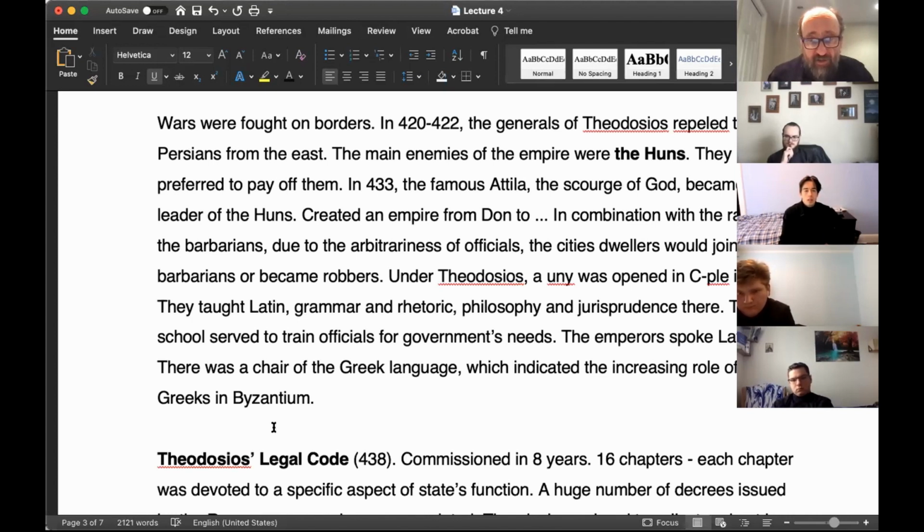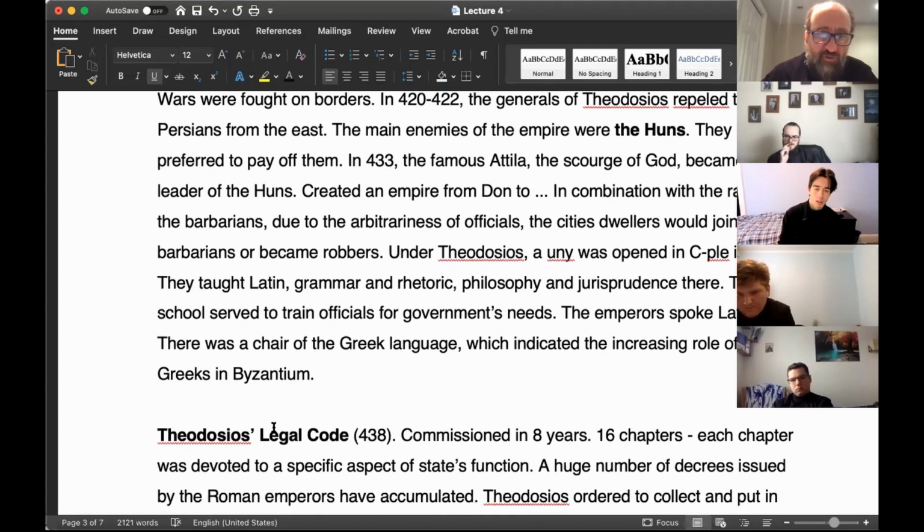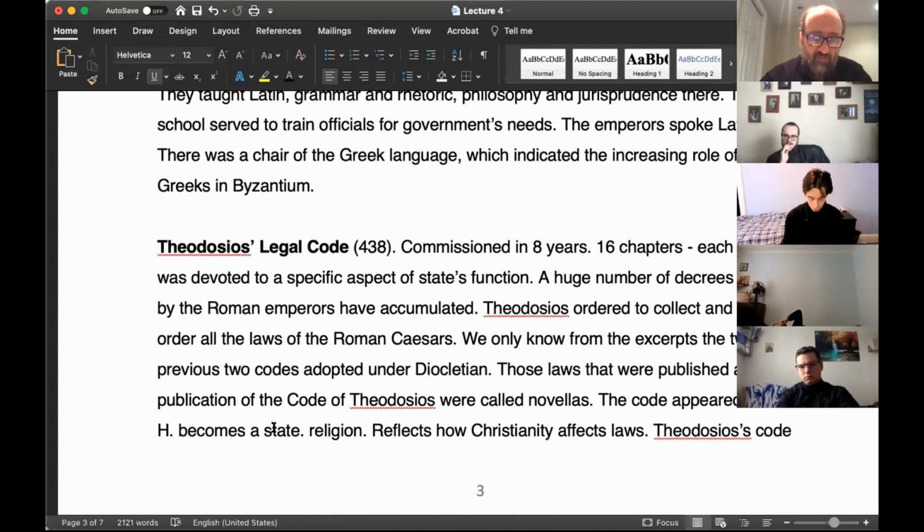The emperors continued to speak Latin, but nevertheless, Greek becomes stronger as an alternative to Latin. And it was after Justinian that Latin came out of use, but still remained in the Byzantine army, as I mentioned, in the form of commands, and traces of Latin can still be found. Right. So, the legal code,